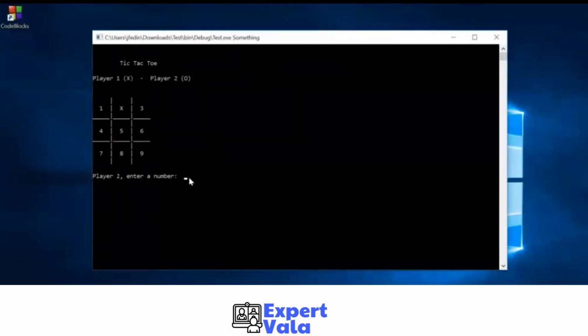It's going to actually see if somebody won. It's going to clear the screen and it's going to redraw the board. So after I hit 2 and enter, you will notice that I still have the title. I still have player 1 and player 2, but now in box 2, I have